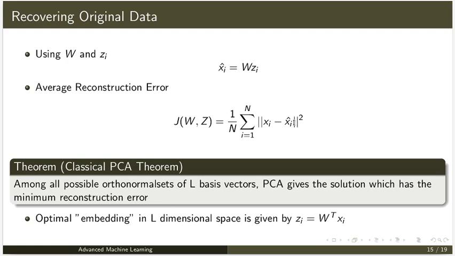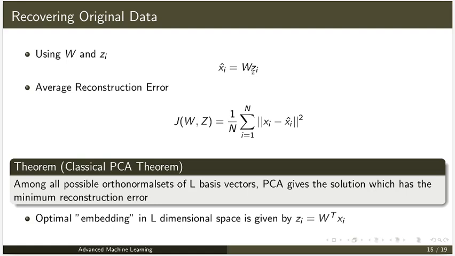Here we have created W as the first L eigenvectors, after eigenvalue decomposition.